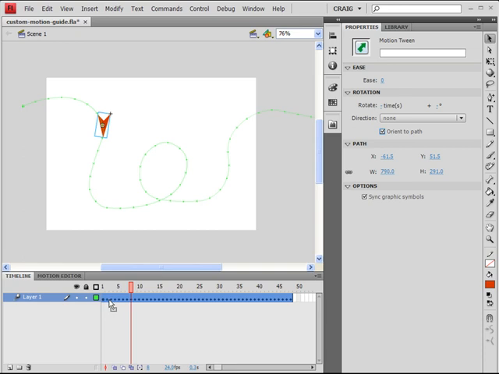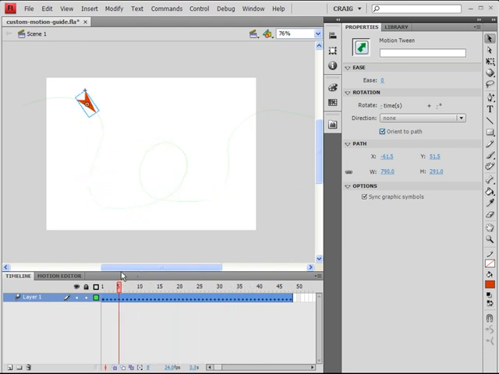First of all, you'll see that tons and tons of little keyframes have been added here, and those keyframes are basically keyframes for rotation. And if we click and drag back to the beginning and start dragging across, we can see that animation occurring. Now you can see that it's not always facing the exact direction that we would expect it to,